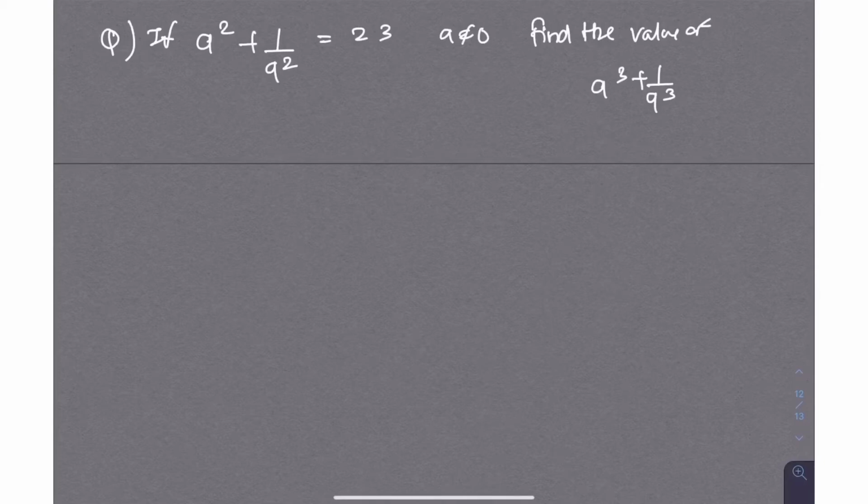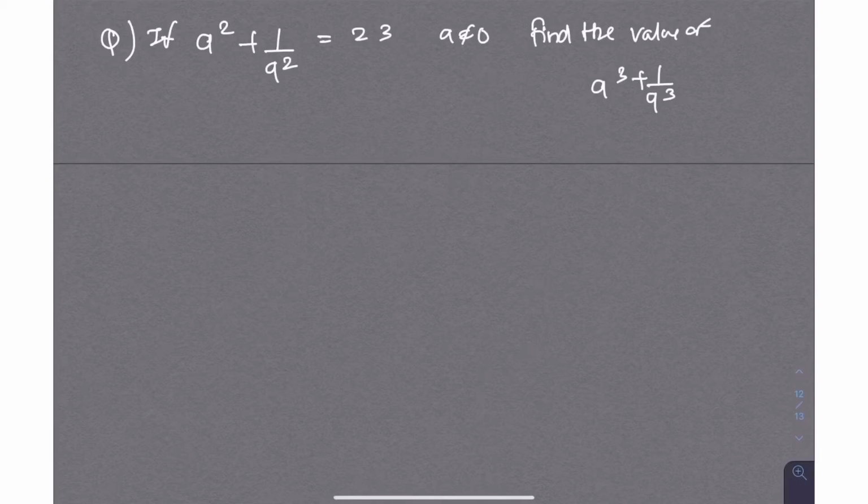But the problem with this question is we can't square it, because if we square a square plus 1 upon a square, what value are we going to get? A raised to 4 plus 1 upon a raised to 4. Obviously some more terms will be there, but the end result will be a raised to 4 plus 1 upon a raised to 4. Meaning the square becomes 4. So now what we can do is,